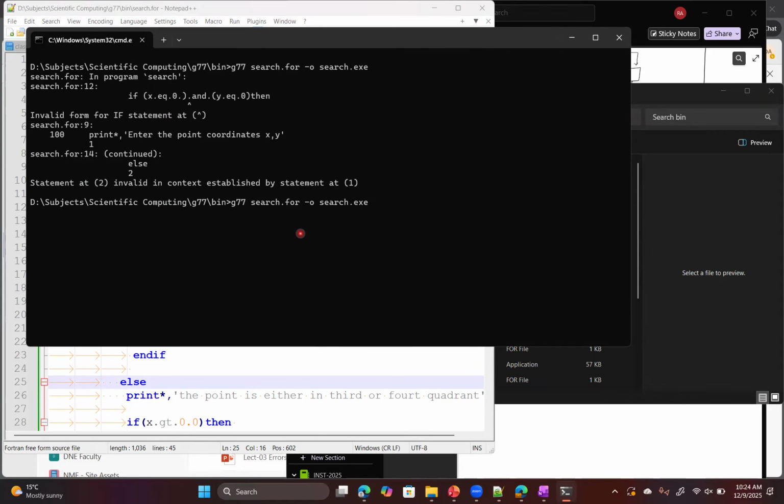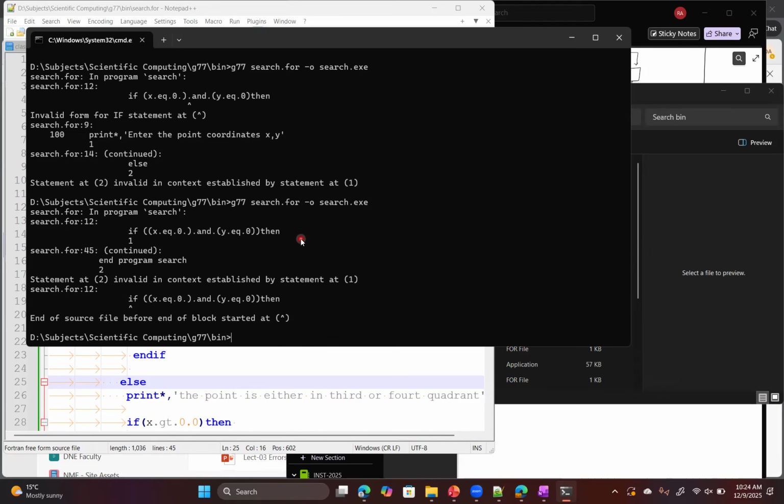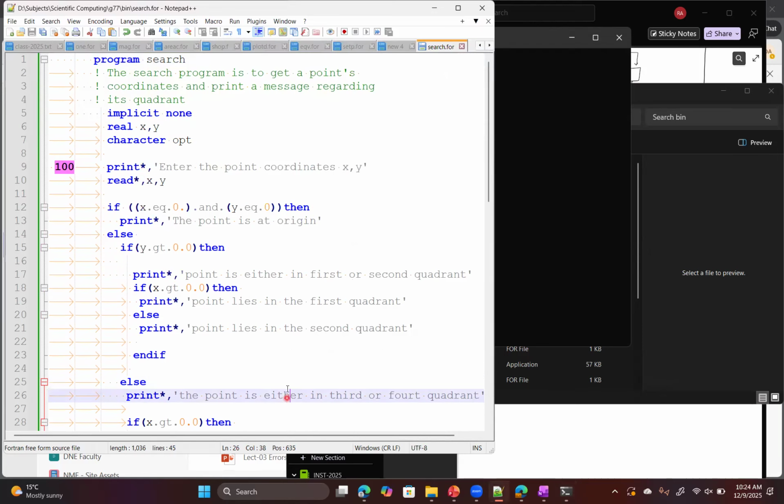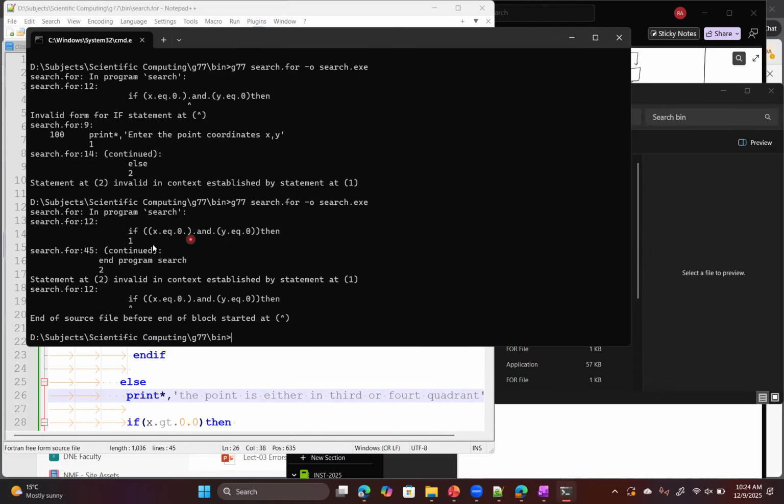Again, compilation command. Okay. Oh, what was the error? Maximize that one. Okay. Then continue. Okay. Search.exe. If x is equal, so there is no